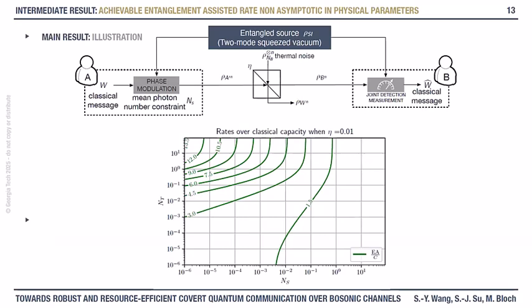And then because of that, we've been able to analyze analytically what is the Holevo information when you're using this continuous phase modulated state. And to show you why it's useful, I'm plotting here the performance of an entanglement-assisted communication system in terms of the ratio between the entanglement-assisted capacity and the non-entangled one, in terms of NT, which is the thermal mean photon number in your noise, and the mean photon number in your signal. What I'm showing you here are the level sets of the ratio. Okay, so if you see a 1.5, it means the entanglement assistance gives you a 1.5 multiplicative boost compared to the classical non-entangled